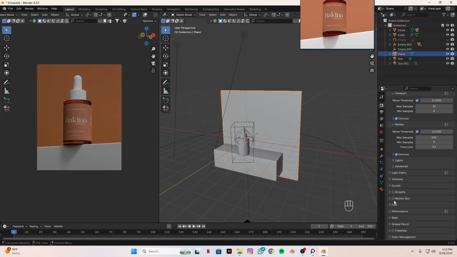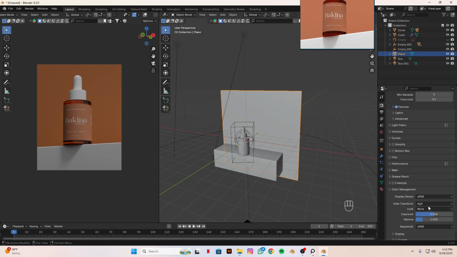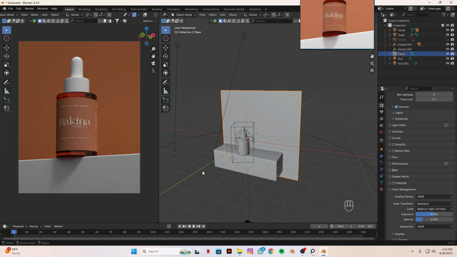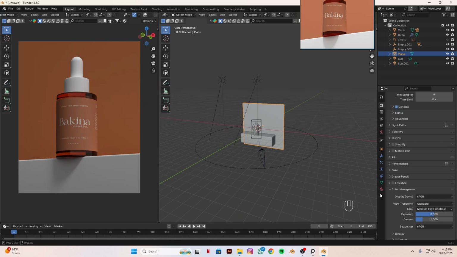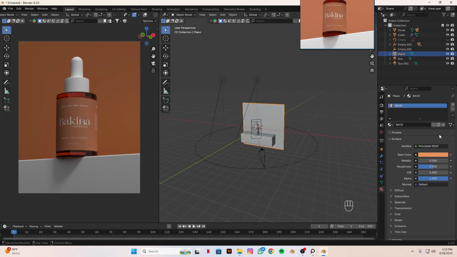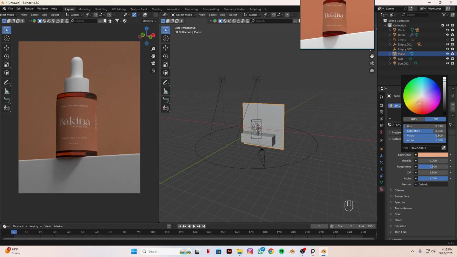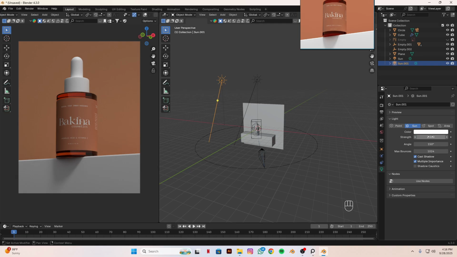And also I recommend you guys to change the color settings of Blender from AgX to filmic or standard, more good, and change the look to medium high contrast, or I think very high contrast. I think we have to go for medium high contrast. Now select this background and change its color to somewhere here, and make it a little bit bright or a bit darker. And we have to set the light to 2 will work, I think, and go for this one,